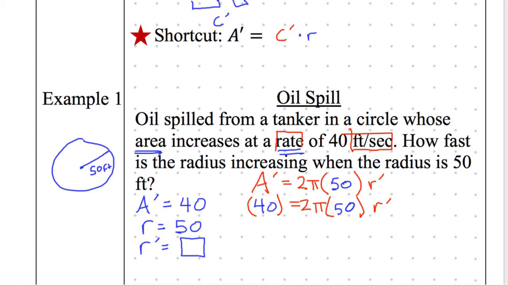All right, solve for r prime. We only have one variable. What is r prime? I know I have 100 pi here. If I simplify, 40 is equal to 100 pi times r prime. Therefore, r prime is equal to